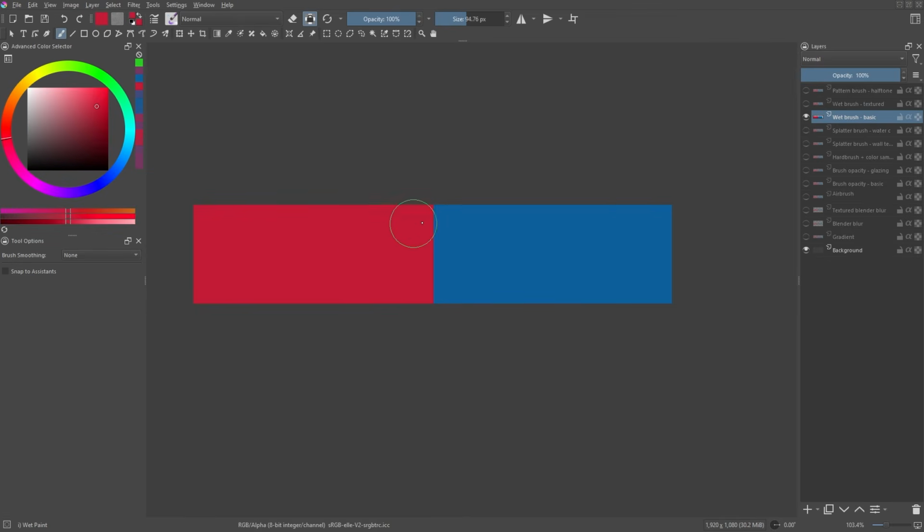Control-click to sample the magenta color on the left. Again, don't apply too much pressure if you want a blending effect. Apply the brush strokes with light pen pressure. You can then resample the color in the middle if necessary. You can see that this technique also produces unique stroke characteristics.